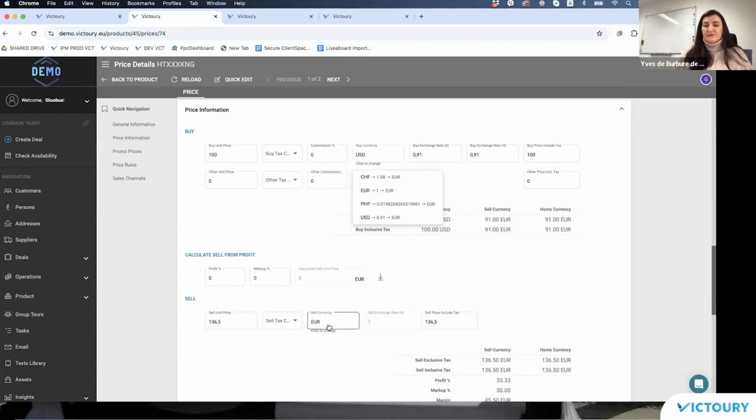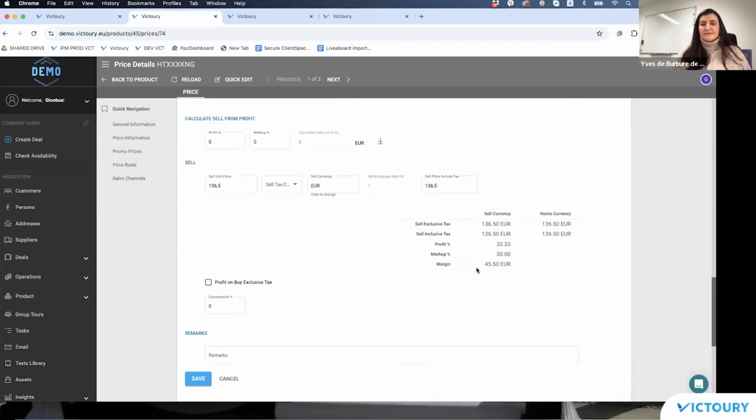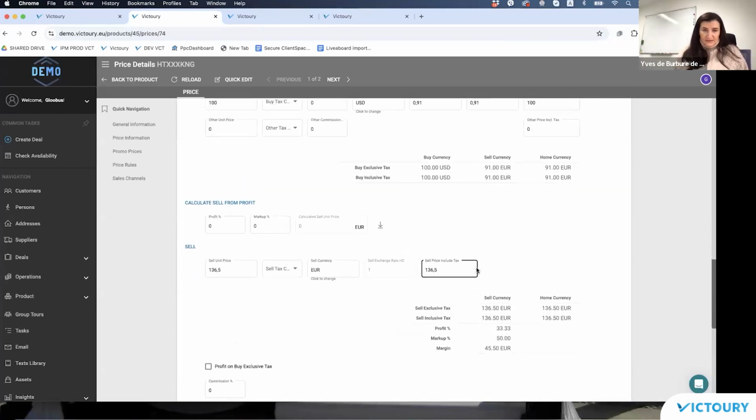But in case you decide to change your sell currency of the price to a different currency, then the buy currency section also updates itself, and it will show the currency exchange rate between the buy, which is the US dollar in our case, and the Swiss franc, which I have just changed my sell currency into. But I will just leave this price unchanged. Of course, if I just cancel, it will not overwrite anything.